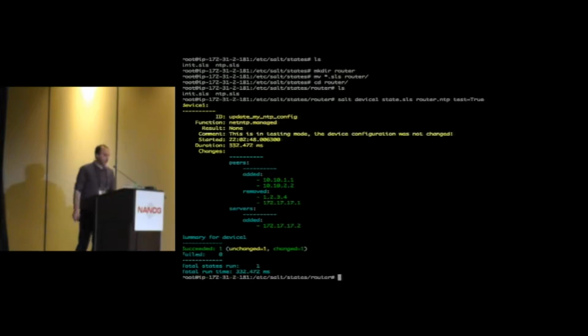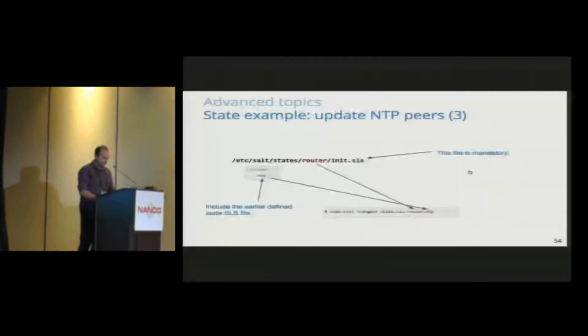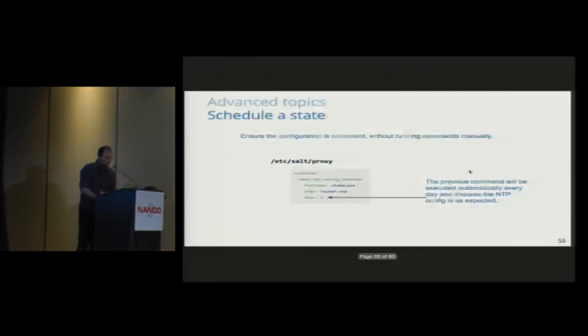Again, you have worked only with entities of data. Did we write any line of code so far? Not yet. And again, you can commit these changes if you strip again the test equals true. Now, if you want to make sure your config will be updated consistently, you can schedule this